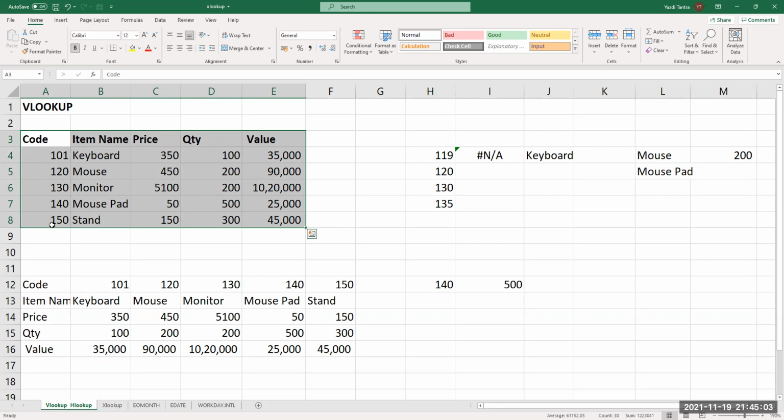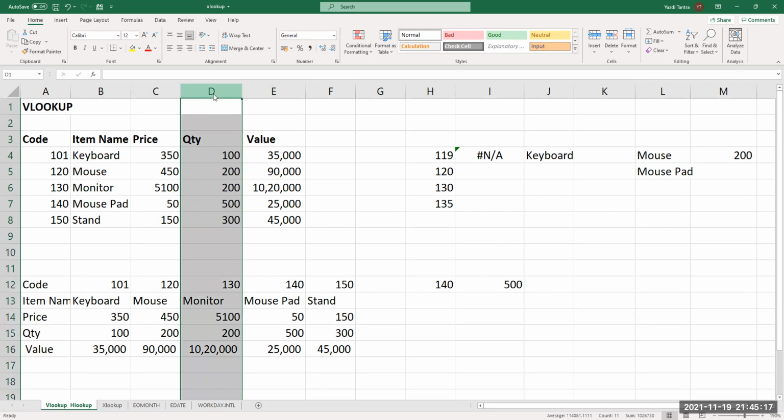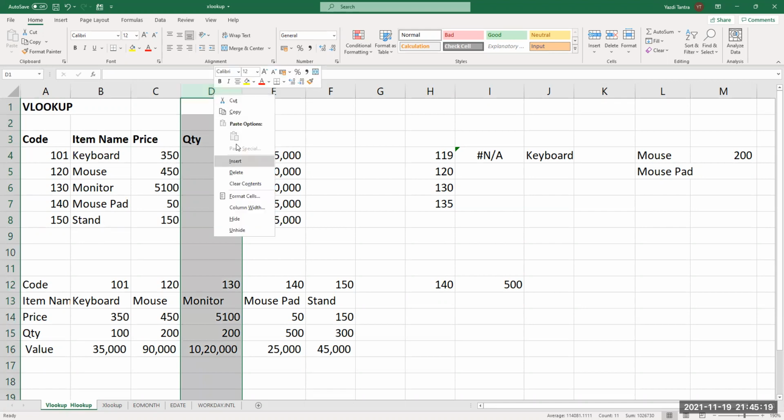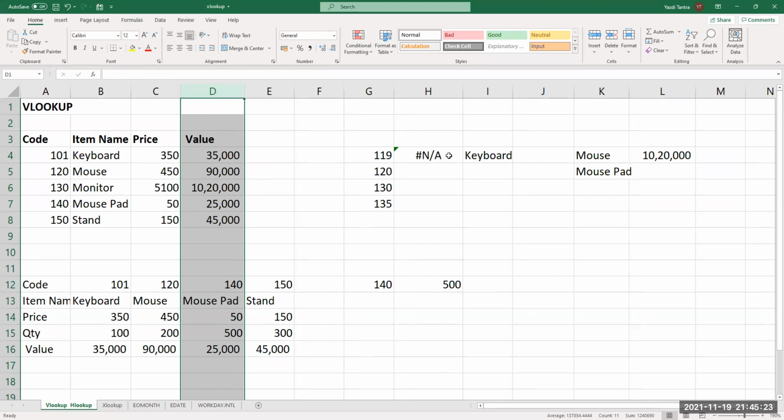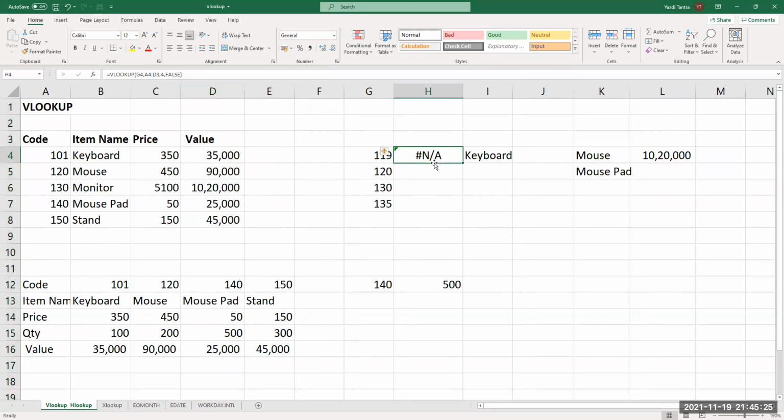That is a very, very big problem. Therefore, it has to be the leftmost column, and all the rest of the columns have to be adjacent to each other. One more problem is, if I delete one row or one column, for example this column, then this formula goes for a toss because it will not be able to find column number 3.